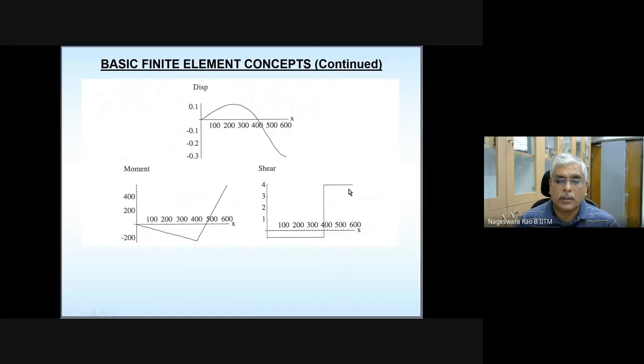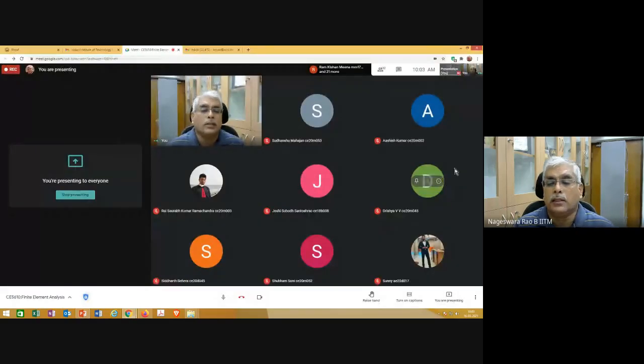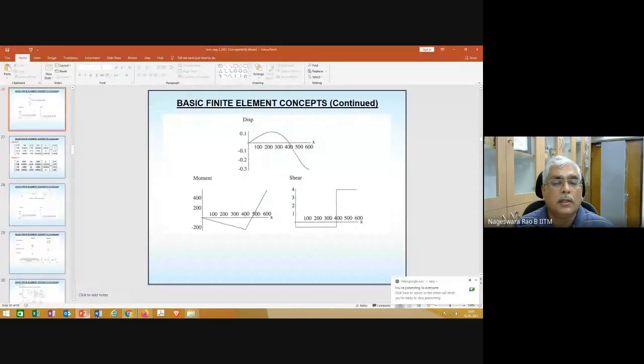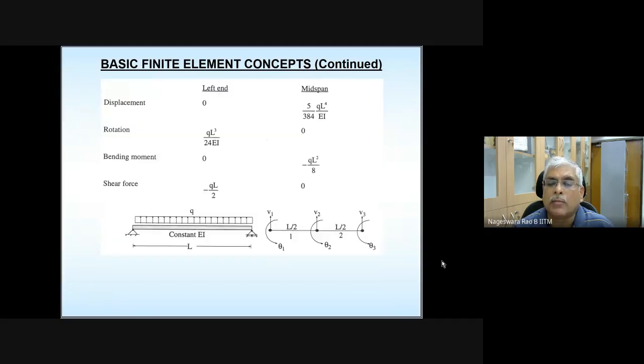And if you try to find how it matches with the exact solution, you are going to get exact, this approximate solution from the two-node beam element is going to give you the exact solution. Okay, but there is a problem when you apply this element for distributed load problems. Yesterday I was mentioning that. So now let's look at it. What is the issue with this element when you apply it for a distributed load problem?